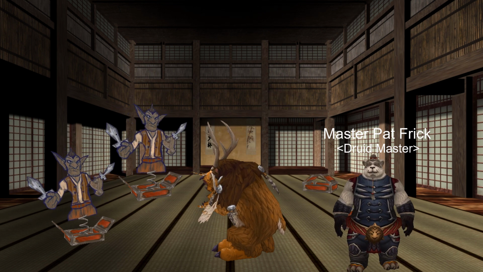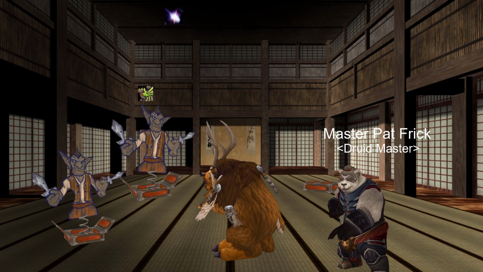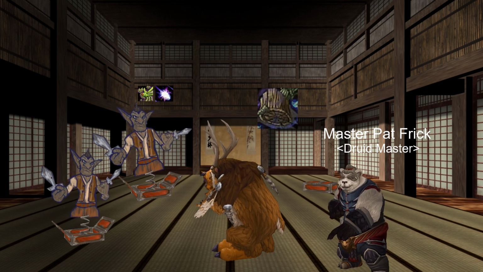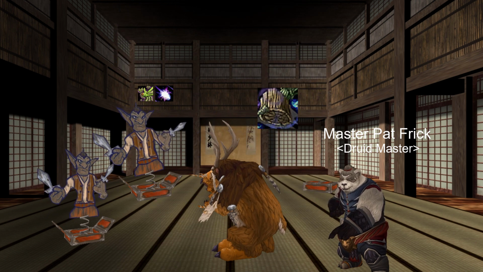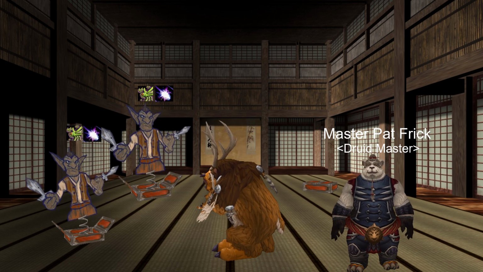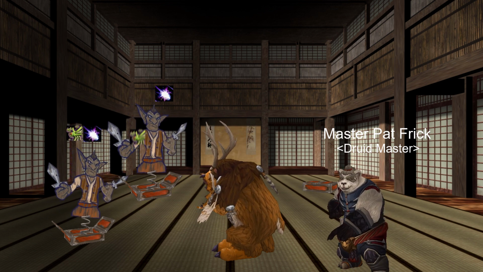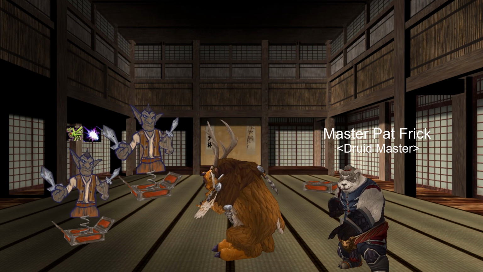So if you open with Insect Swarm and then Moonfire the first mob, you get a Nature's Grace, use a Starfire before you put your next dots up. So Starfire that mob or Starfire the other mob, doesn't really matter. Then go Insect Swarm, Moonfire on the next one. If that then procs, obviously Starfire. If it doesn't and your other dots are about to fall off or anything like that, obviously refresh them, but